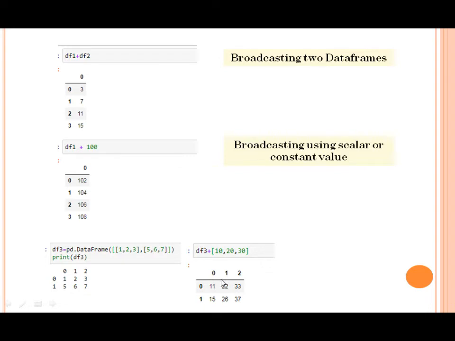Now these list values are added accordingly. Means 10 is added to the 0th place, 20 is added to the 1st place, and 30 is added to the 2nd place. Clear? So broadcasting using a 1D array. So this 10, 20, 30 is a 1D array, and I am broadcasting it to df3. Clear?